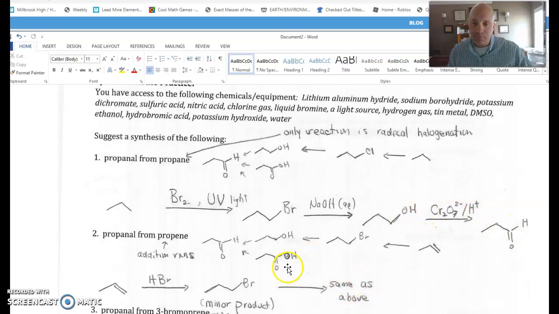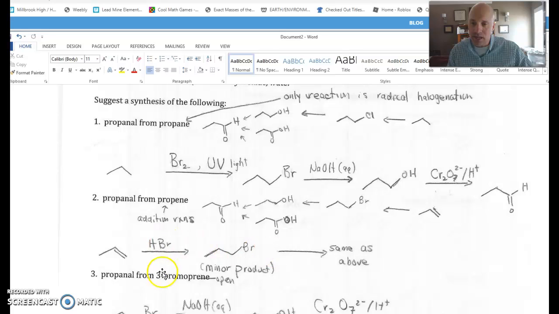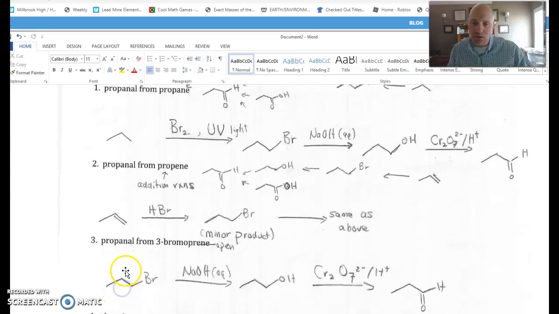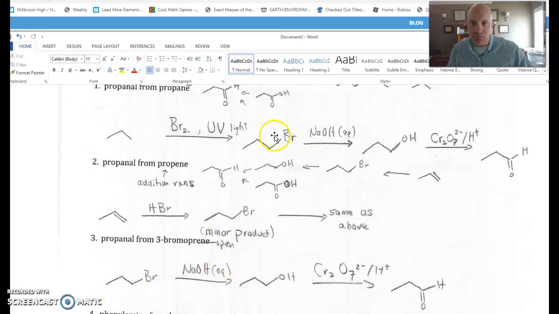So in the next step right here, first of all I have to make a correction. This should be 3-bromopropene. And this is fairly straightforward. Actually, we've already done this, because this right here is 3-bromopropene, so it would be just this part of this synthetic route right here. You treat it with sodium hydroxide to get to the alcohol, and then you oxidize the alcohol up to the